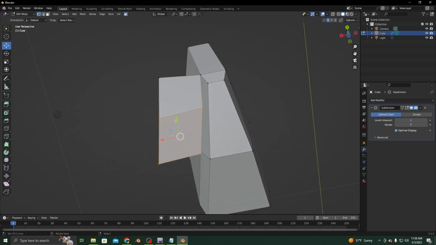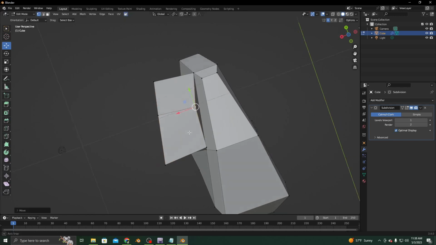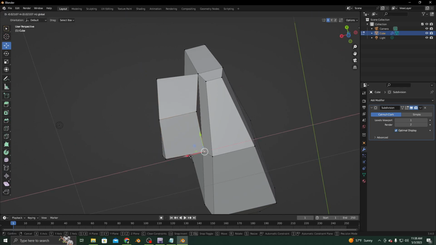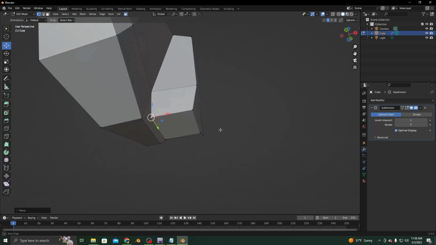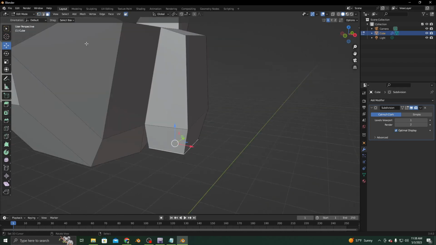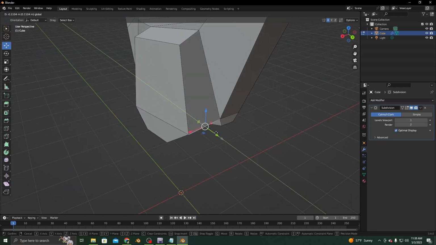And you see how it looks like a parallelogram? We want it to be a square. So we're going to make it into a square manually. Just an approximation of what we want this to look like. And then we're going to bring out the knee like so, and the thigh,